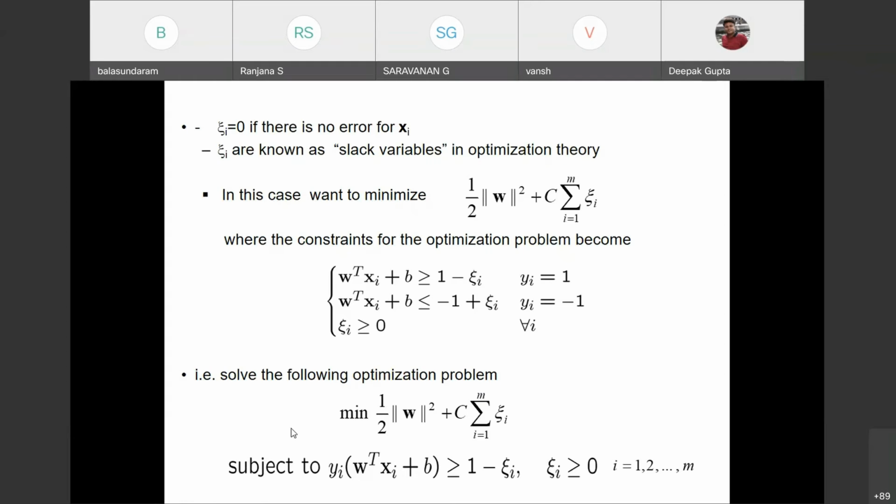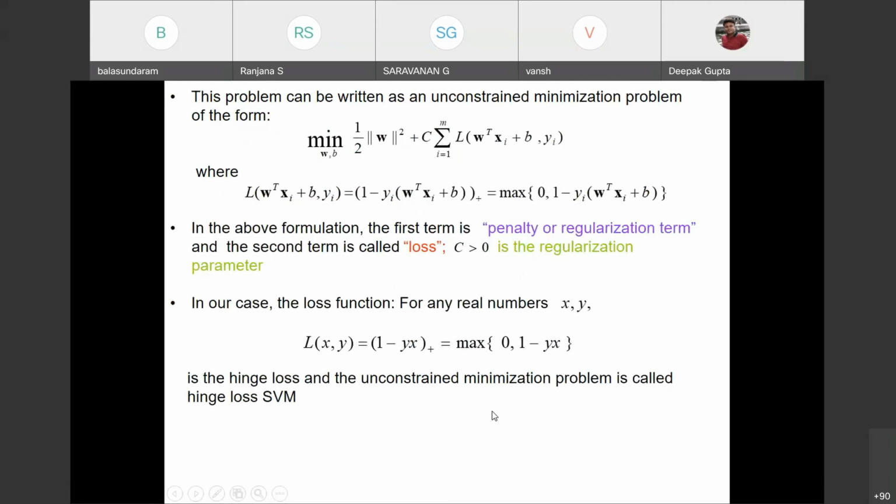So far we have done only the linear model. If all the zeta are 0, then your model reduces to the linearly separable case which we discussed about 10 minutes ago. This particular problem is the more general one, but it is basically giving us a linear model. Ultimately we have to solve this, and this problem one can write